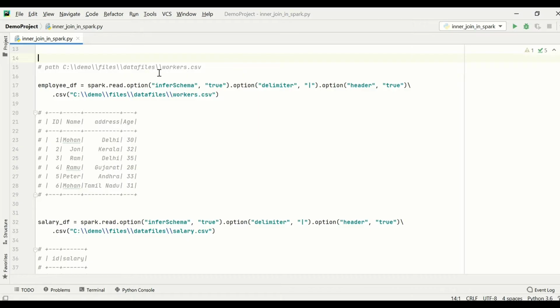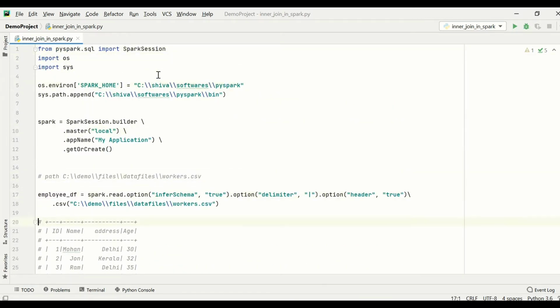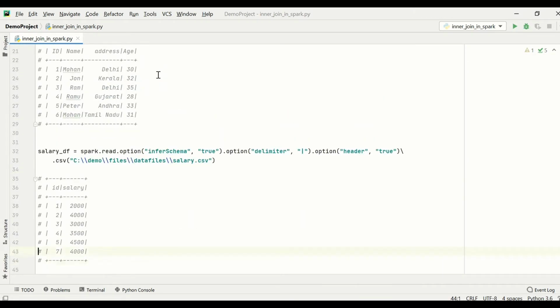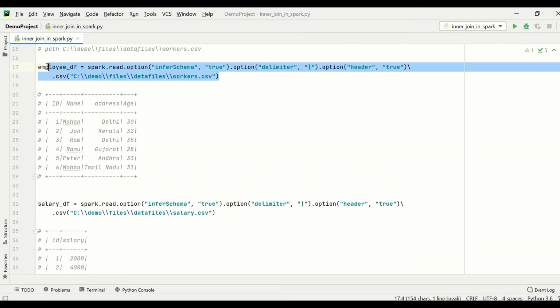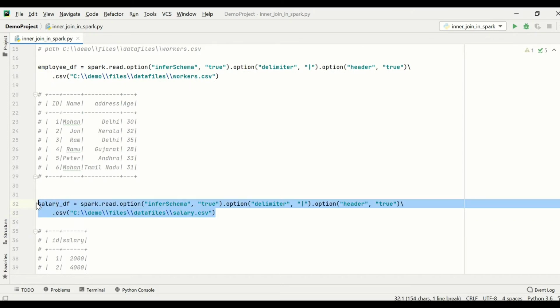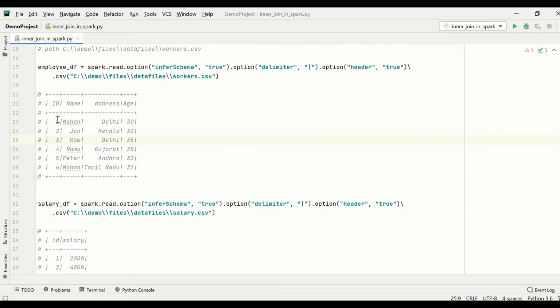So let's go into the actual code which we want to discuss about the left and right join. I have two data frames which have been read from two CSV files, a worker CSV and a salary CSV, with a total of 6 rows in the first file and around 6 rows in the second.